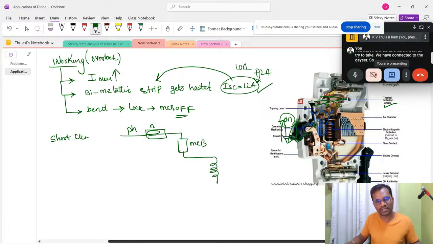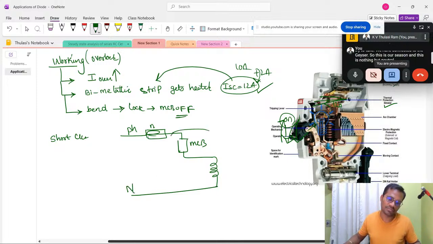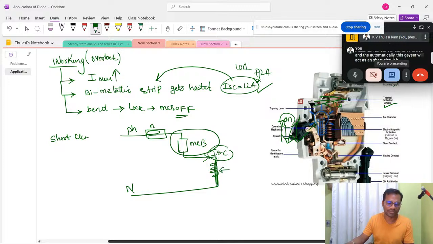So this is our geyser and this is nothing but neutral. So MCB we had inserted only in the phase. As soon as this geyser is overheated, the maximum amount of current will flow, and automatically this geyser will act as a short circuit. Why does it become a short circuit? Due to aging. Whenever the geyser is used for a longer time, due to corrosion, the element will become a short